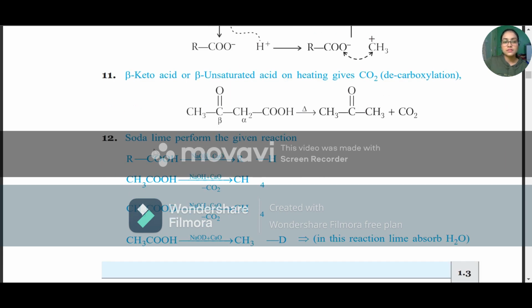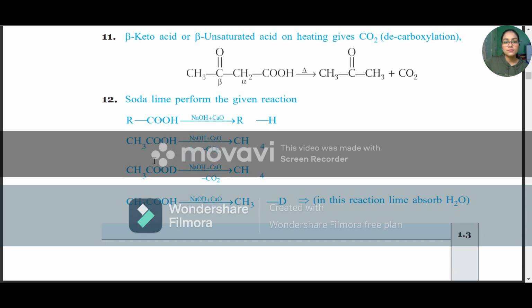Now we see the reaction with soda lime. This is the acid and this is NaOH plus CaO, which is known as soda lime. So this CO2 is removed and we get RH. Similarly over here, CO2 is removed and we get CH4. This is also CH4 and this is